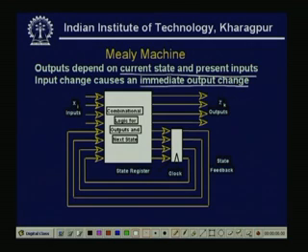So, what will be the general circuitry? These are the present inputs, present outputs, and this depends on the current states and present inputs. So, some of the output bits